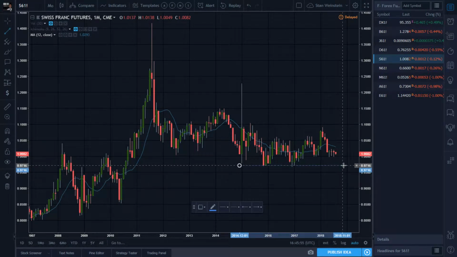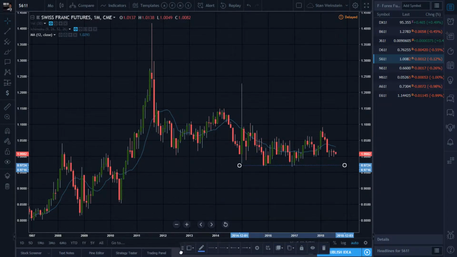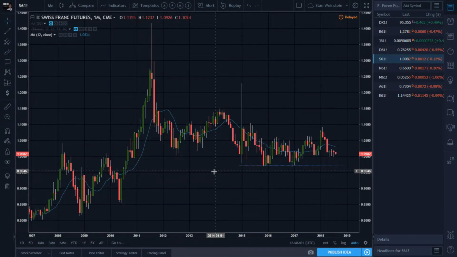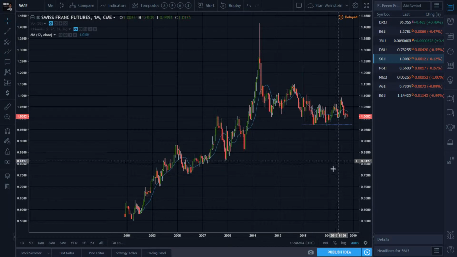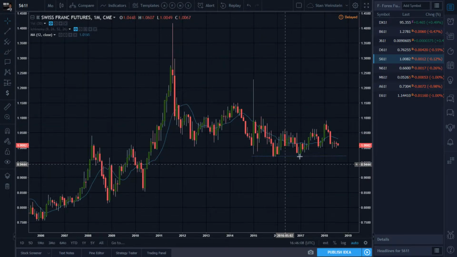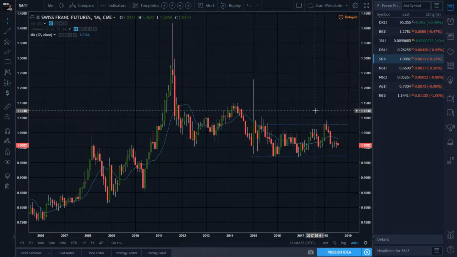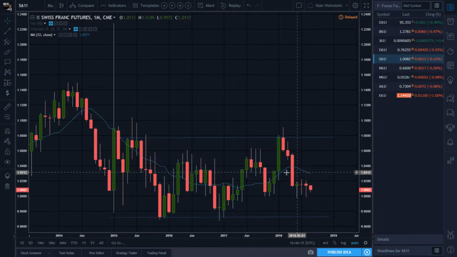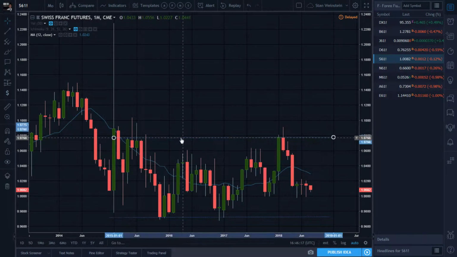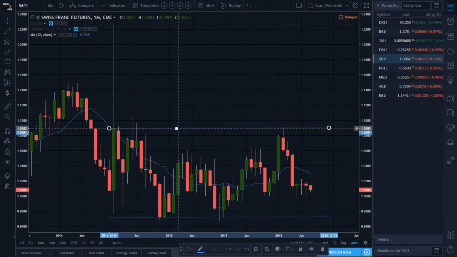Zoom, zoom. Is this my monthly defined breakdown line? Let's just look in the back. Here's my monthly defined, there you go. Here's my monthly defined resistance, support, patterns within patterns,